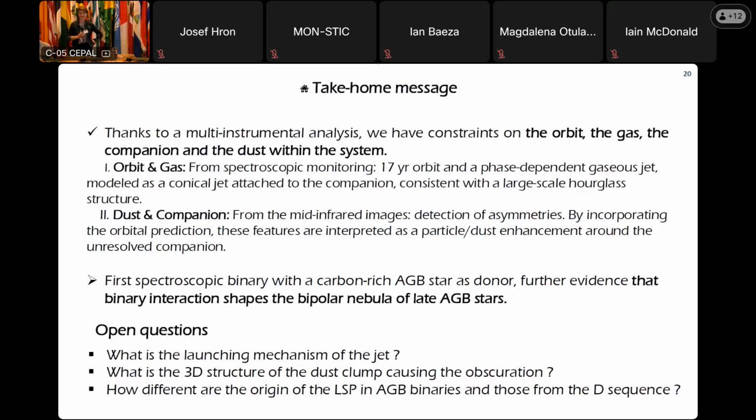Hi. I don't know much about dust in carbon-rich sources, but in oxygen-rich, we have this idea that you form aluminum oxide still in the extended atmosphere, and then silicates come further out. Could it be the same with SiC, that it is in the extended atmosphere, and what you're seeing is a deformation of this extended atmosphere, that's why you see so much SiC there? Or have people determined that SiC is actually in the outflow and not in the extended atmosphere? That's an excellent question. I don't know the condensation temperature between amorphous carbon and silicon carbide, but I would say that this is the parameter that will determine where it is within the system.